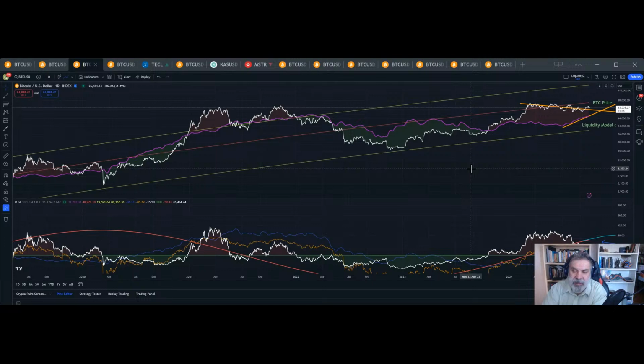So basically the purple line is what the price of Bitcoin should be if it was due to the relationship between liquidity and price. Evidently, it's not always true, but it does a decent job of following Bitcoin's price, though not perfect, right? And then once we have something like this, it's a question of interpretation. What does it mean? My interpretation is that there are areas where the purple line